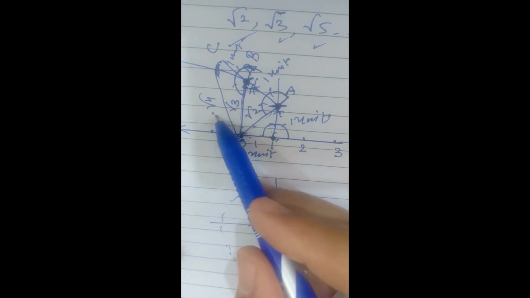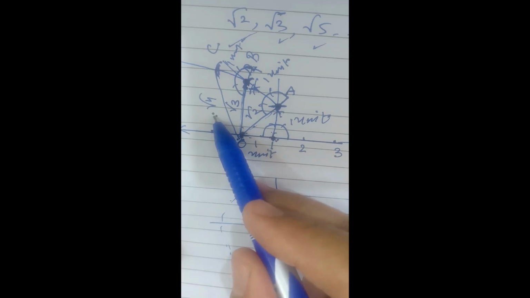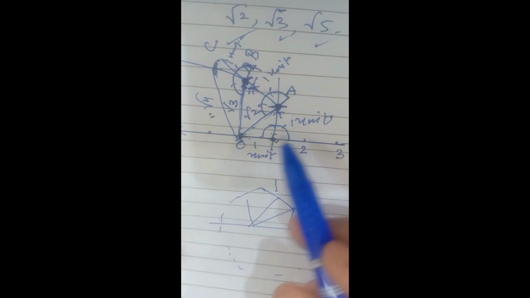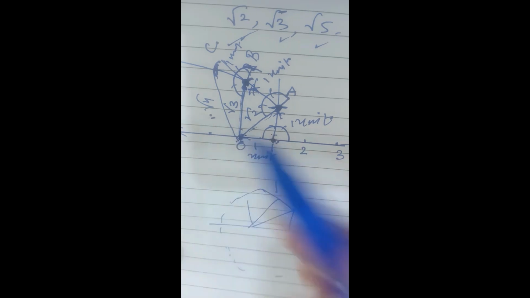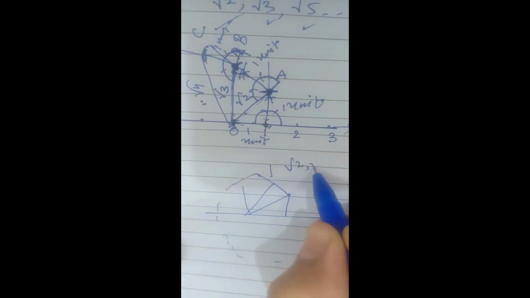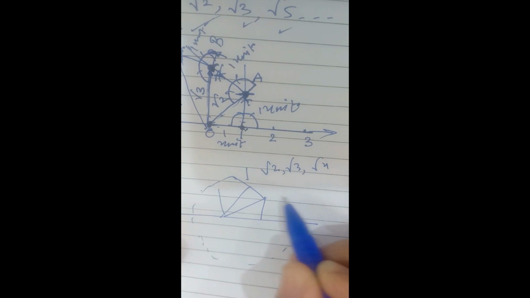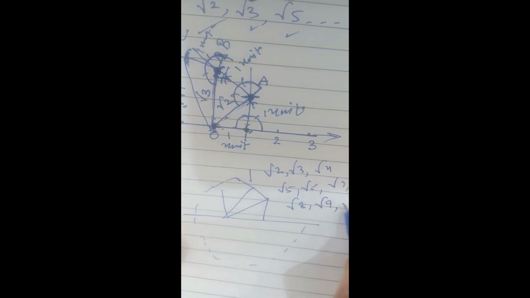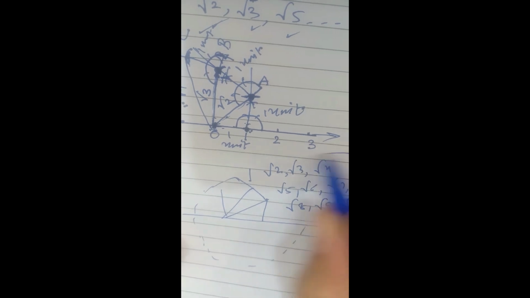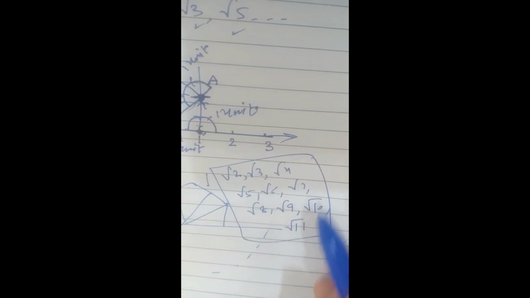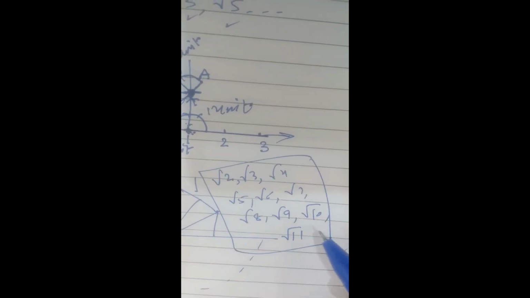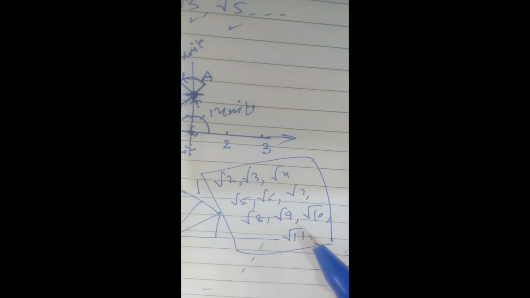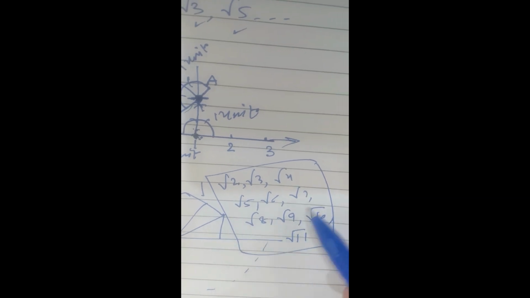But what you need to do, you have to make the spiral for all the numbers starting from root 2, root 3, root 4, root 5, root 6, root 7, root 9, and then root 11. That means till root 11 you need to make the spiral, right? That is your activity for the lab manual suggested by CBSE. Fine. So this you have to prepare, and I have told you how it has to be done.